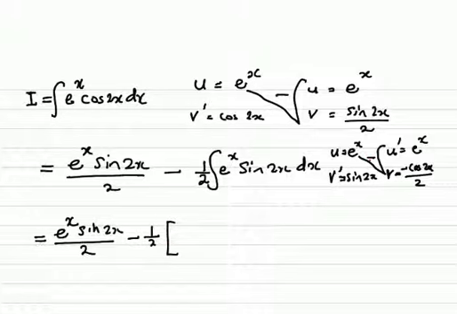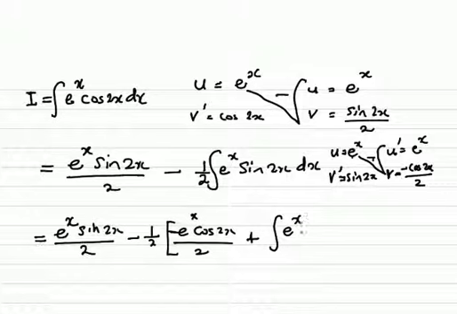We're going to have what we have here. This is that times that, which is e^x cosine 2x over 2 with a minus sign before. Now these two multiplied and the minus sign there gives us a plus integral of e to the power x cosine 2x dx, and our half outside the integral sign. Then